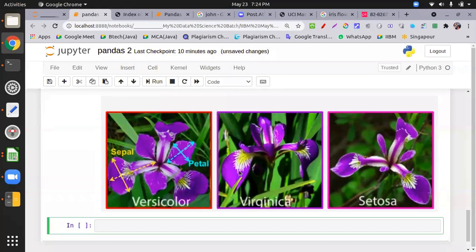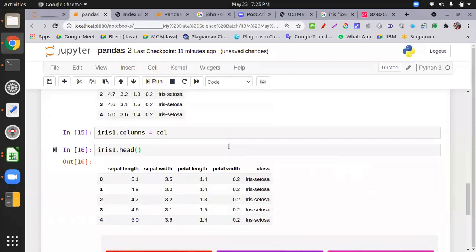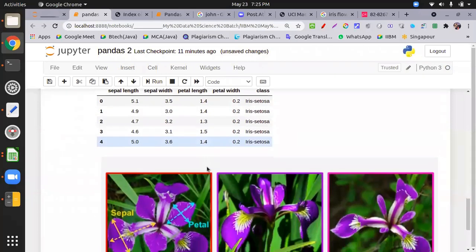Just like the sunflower, or the rose, which has different kinds of species, each different from the others. Same way, the iris flower has species versicolor, virginica, and setosa. We will do some classification projects, then we will use the flower classification projects.